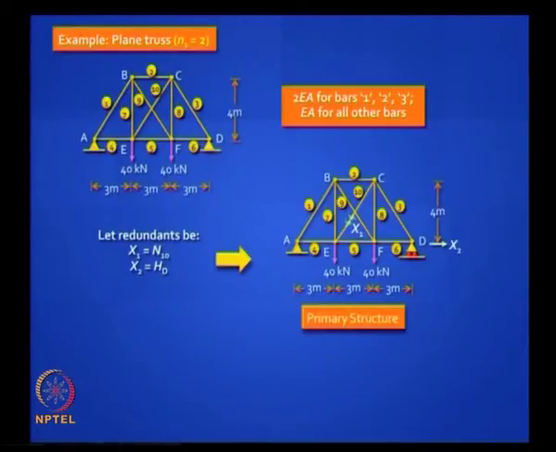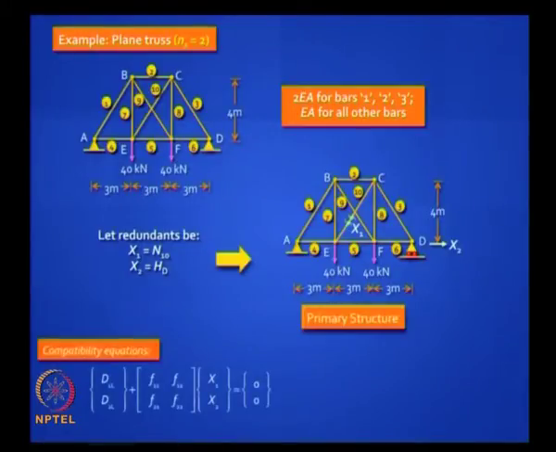Is it clear? Now write down your compatibility equations, they take the same format, it is very easy to write them down, and on the right hand side d1 and d2 are 0. When you say d1 is 0, you are actually making a statement that the relative displacement between the cut ends is 0. The bar should never have been cut in the first place. We are not saying that that point is not going to move, it will move when the bar elongates or contracts, but we are saying the relative movement is not there, right.